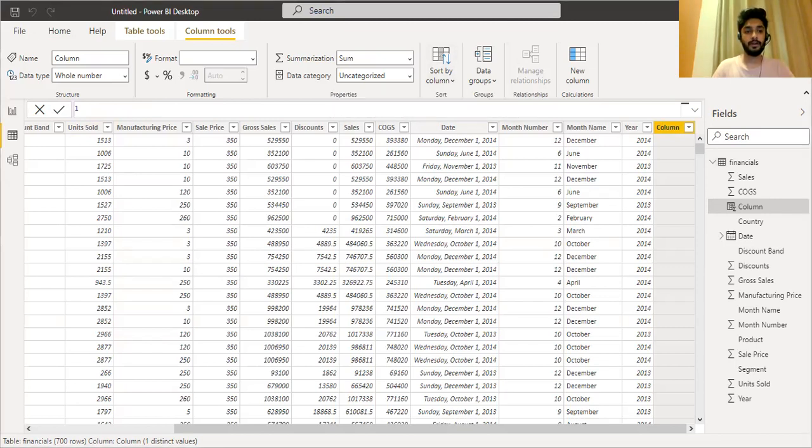Okay, so our formula is profit is equal to